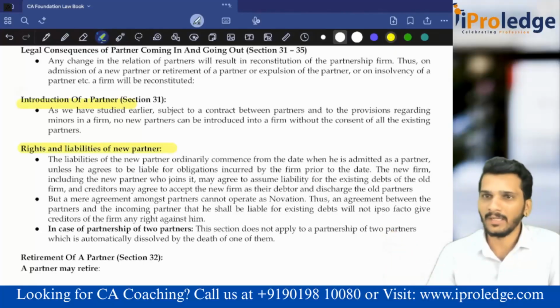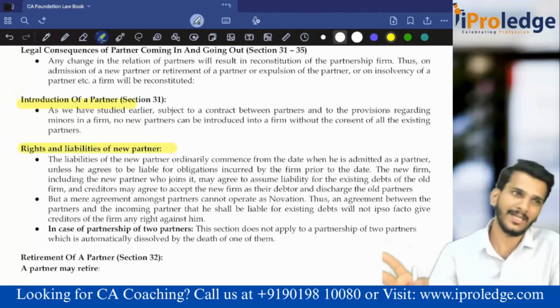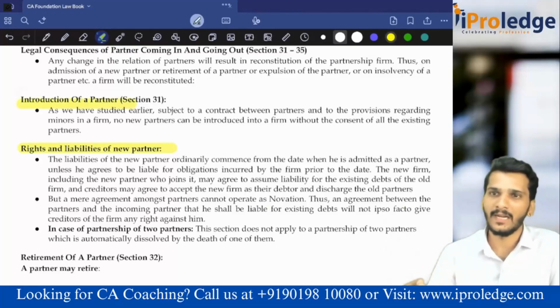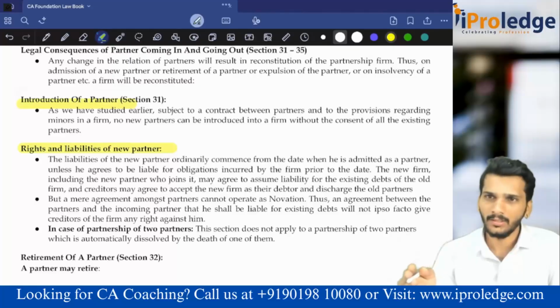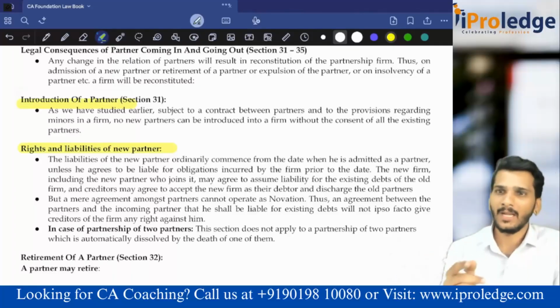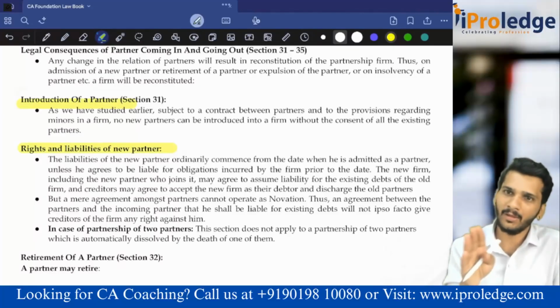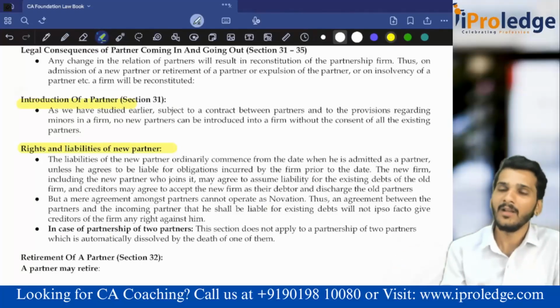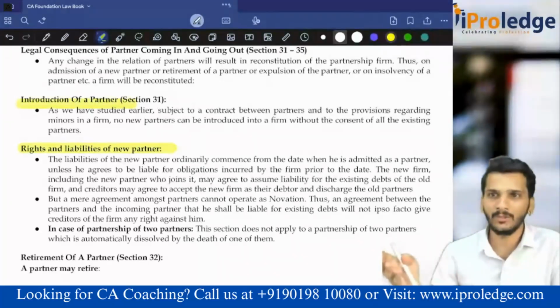And in case of death of a partner, no need to give public notice, because public notice is not required in 2 cases. One is insolvency, the second is death of a person. Except that, whenever somebody is going out by retirement, resignation, something like that, public notice is compulsory. In case of death, even if public notice is not given, the partner can go out, but for whatever liability is there till the date of his death, the legal heirs of the deceased partner will be liable, but only to the extent of property inherited by them. Insolvency is also the same.